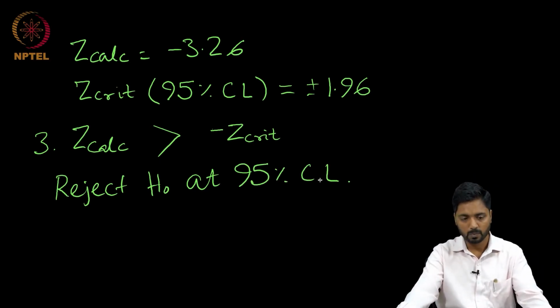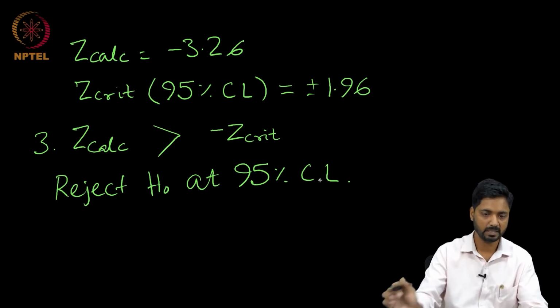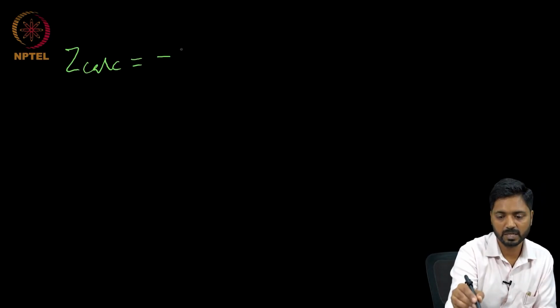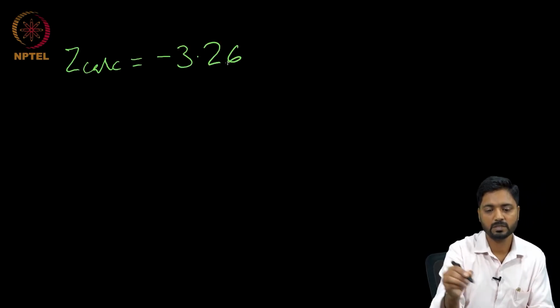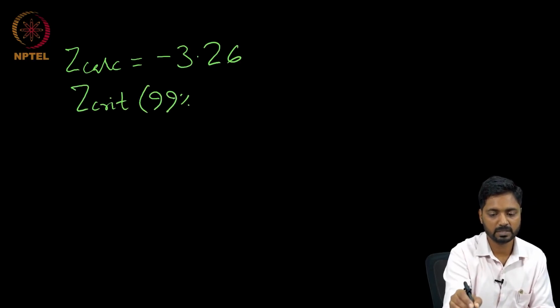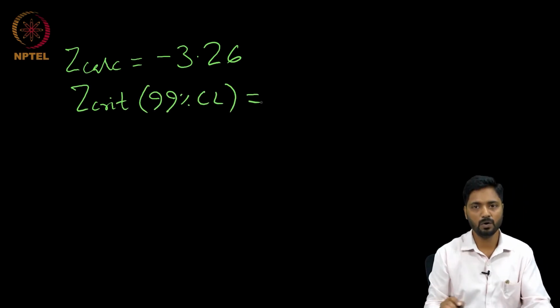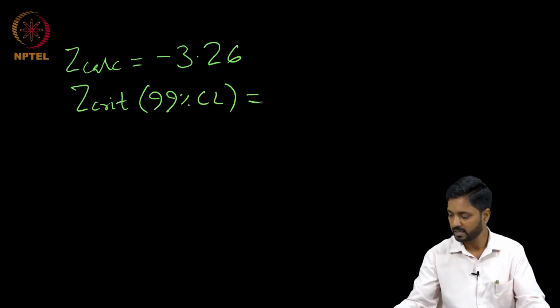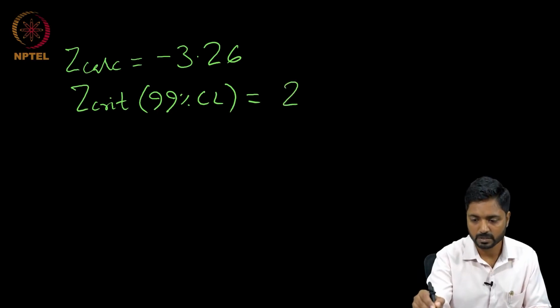Okay. Now, this was part 1 of the question. In the second part, we wanted to ask if at 99% confidence level also we can say that. So, we just need to compare the calculated z value, which is not going to change, with a z critical value at 99% confidence level, which now will be different, and z critical value now is